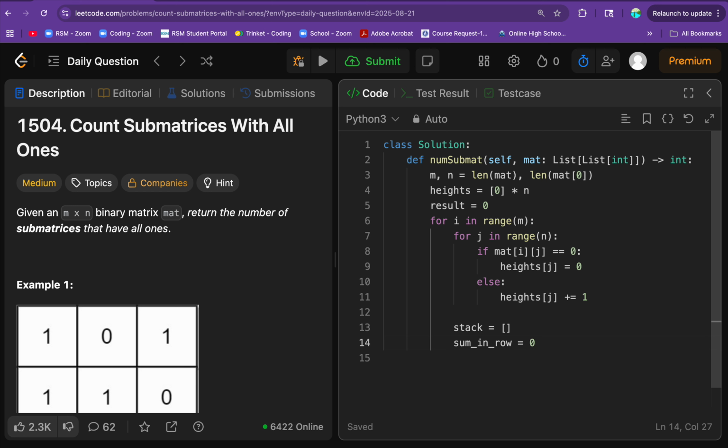So the stack is really just going to help us process that histogram in increasing order. And the sum in row variable is just going to keep track of the number of rectangles that end at the current row, right? And I'm just going to call that sum to sum the count of those different rectangles. Now, let's begin the second loop, if you will, in this outer loop here,